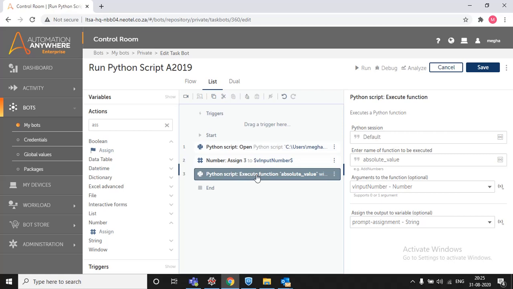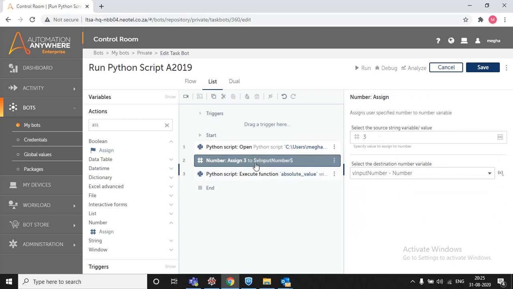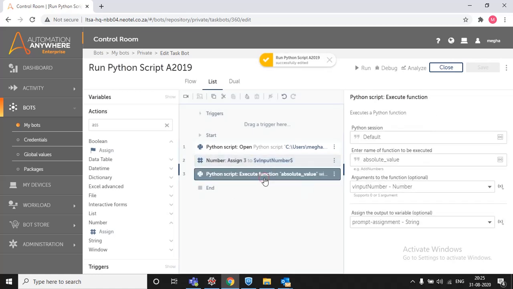So before giving it into the Python script executing function, I am assigning 3 to this number. So I am assigning this value dynamically at runtime, then save, and the output will come in the prompt assignment.